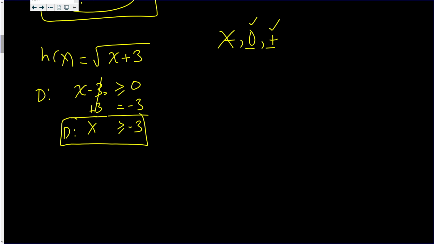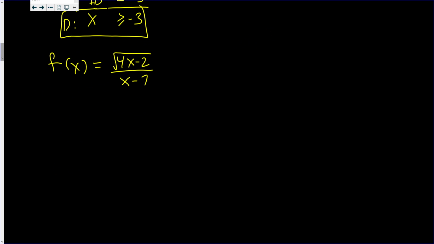Suppose you have the following function. f of x is equal to the square root of 4x minus 2, divided by x minus 7. What is the domain? Well, there are two constraints. What is under the radical has to be at least 0,